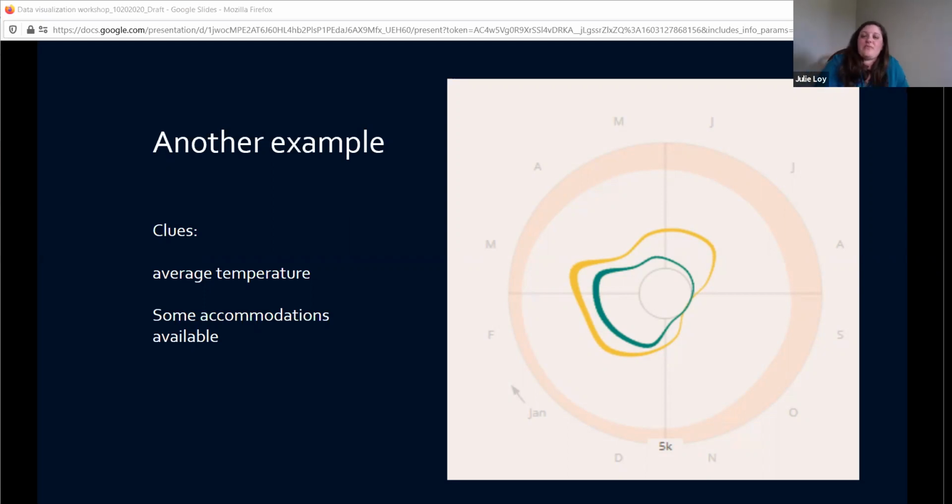Kind of a big clue is the fact that the red is kind of spread really, really far throughout the year. So it's probably even someplace warmer than Hawaii. And one of the things I noticed is I think it's RV and lodging are the only type of